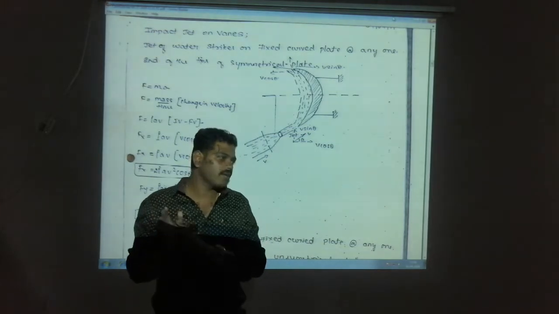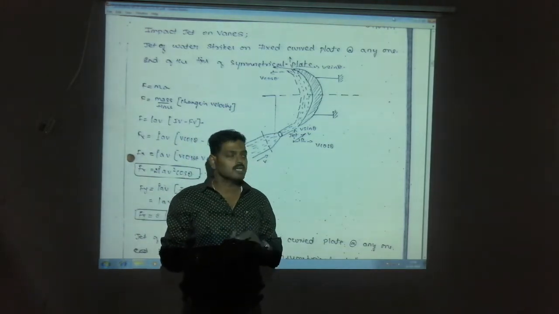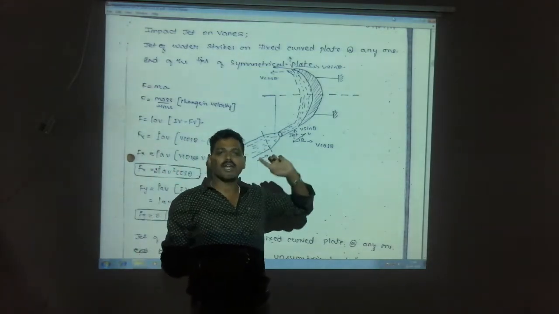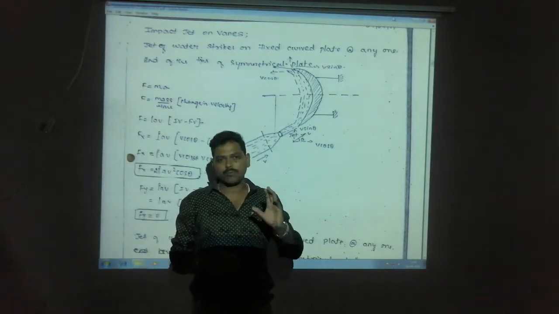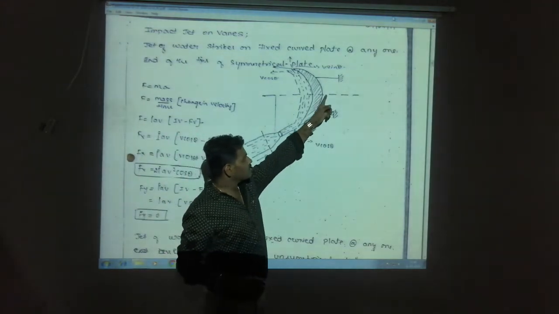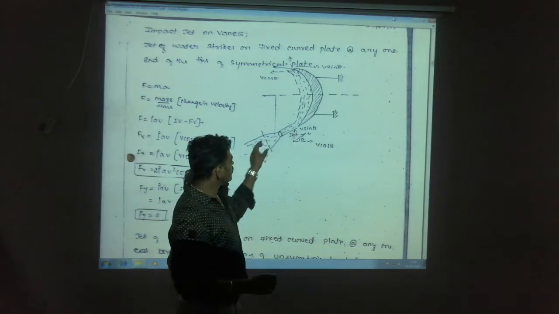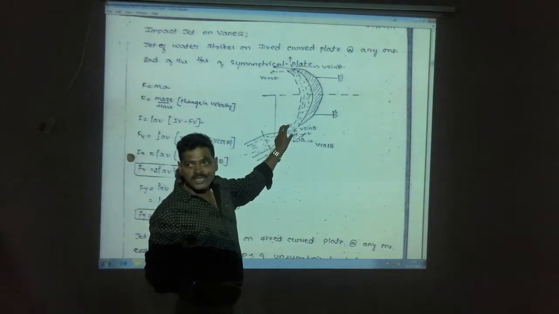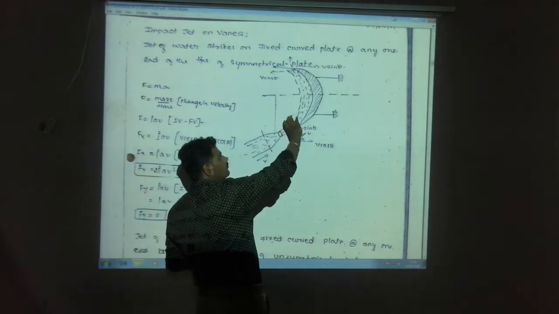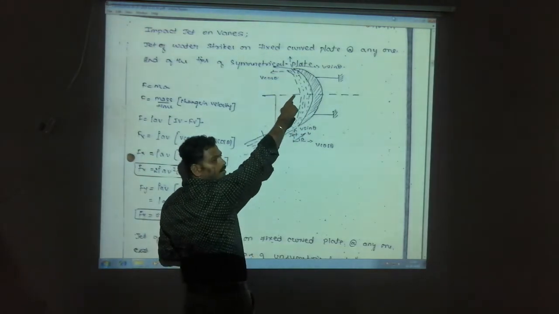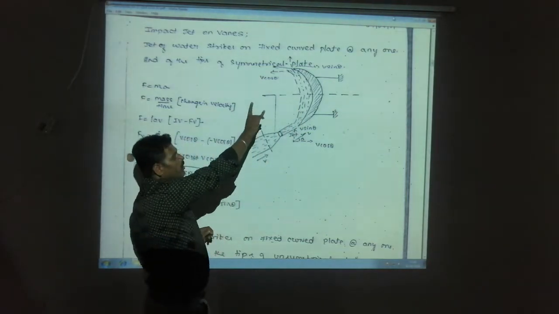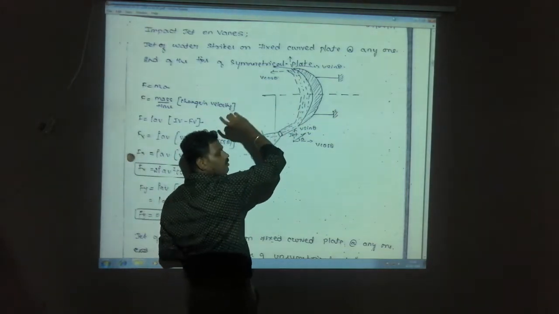So the topic we have discussed with the numericals in the last class. So in this class it's about when it is acting at any one end of the plate, what will be the force or what will be the impact. So we can see here in the sketch the curved plate, and here this part indicates it is fixed. Now the jet of water is striking at the bottom end of the plate, and again it is inclined because it is a curved plate, so that will be resolved in terms of horizontal and vertical component.